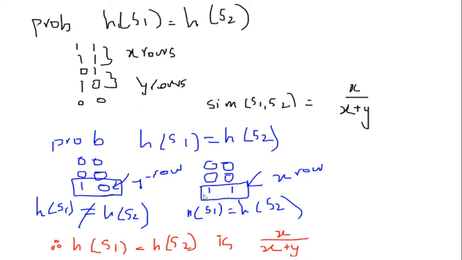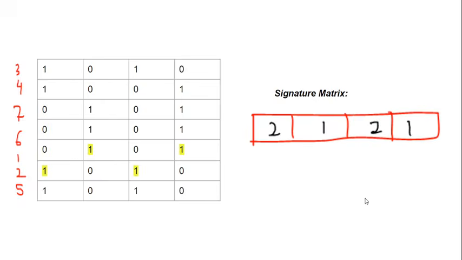But if both are 1, meaning that both of the hash functions are actually the same because they'll be assigned the same element, right? So the probability is still the same. It's basically X divided by X plus Y, meaning the intersection divided by the union. So you can see it's similar to Jaccard similarity. And now let's take a short example.